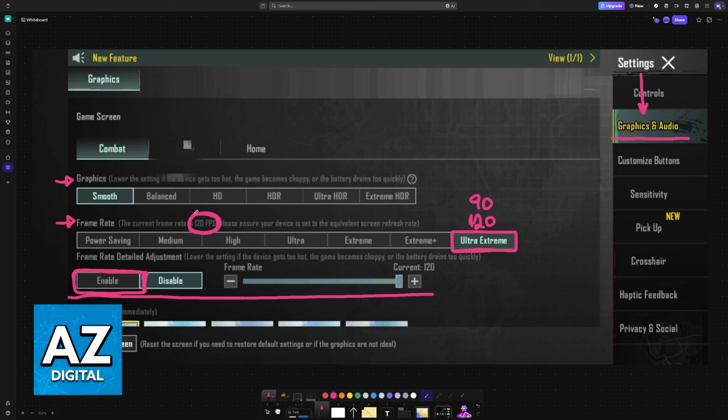So, check this option under graphics and audio, and if you don't have Ultra Extreme, you will most likely have to do heavy modifications to potentially unlock it. There is no guarantee that the option will become available even after you find ways to unlock this, so keep that in mind. It is most likely down to a hardware limitation with your device.